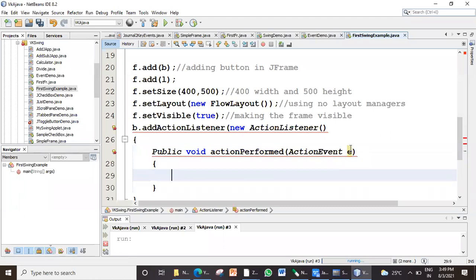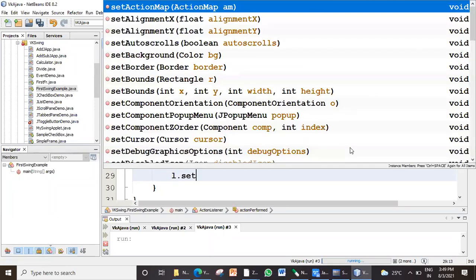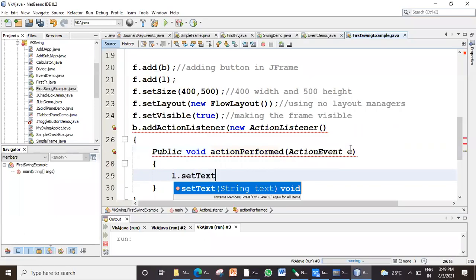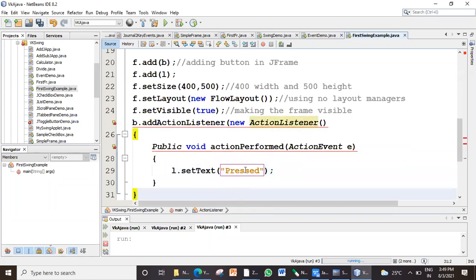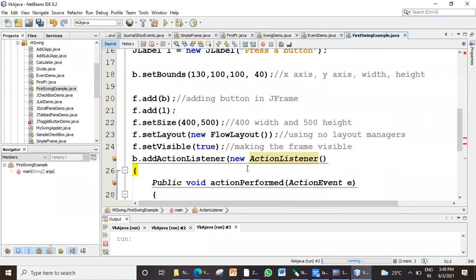Now, L dot setText pressed. Very good. There is something going wrong here. Let's see what that is.